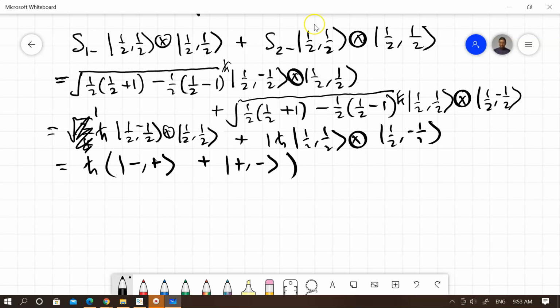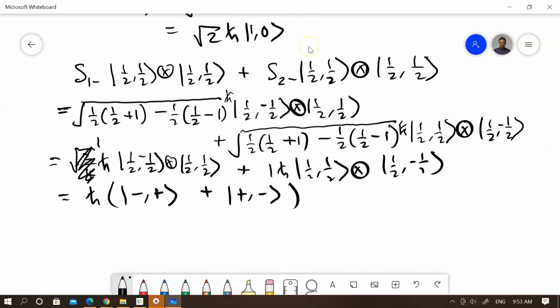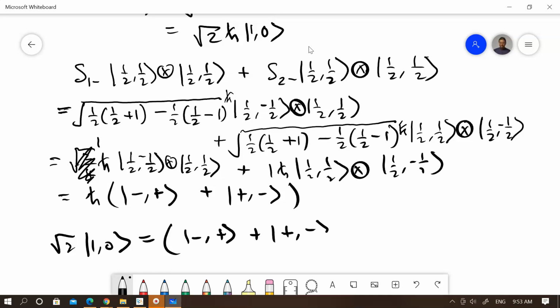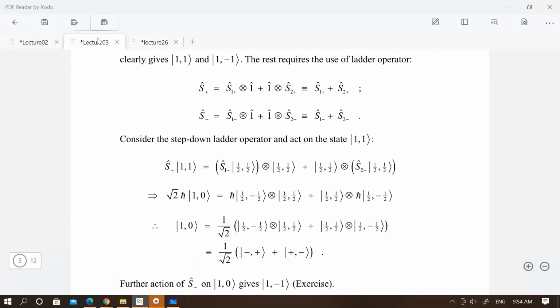Let me put down a little bit so that I can remember what it is. Okay, so I have root 2 times the 1, 0 state equals plus minus, minus plus. In other words, bring the root 2 to the other side, so I get 1 over root 2. Spin down, spin up, spin up, spin down. Okay, which is precisely what we had earlier over here,